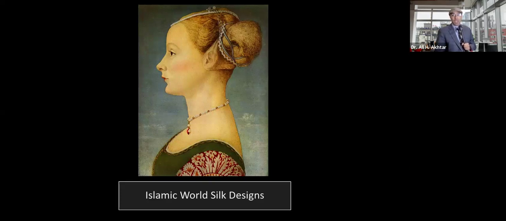scenes and forms. And in this case, we're seeing a young lady in Florence who is wearing a traditional tunic or a shirt, long shirt, dress, but it has this very interesting dimension to it on the side, the sleeves. You can see the color pops out and it's in red, and it's actually made of silk. So why were the Tuscan and Florentine clothing designers beginning to experiment with new types of designs, including these sleeves that in this case are actually removable?